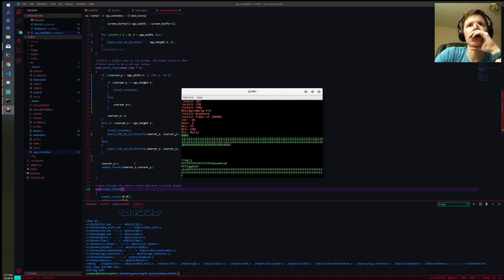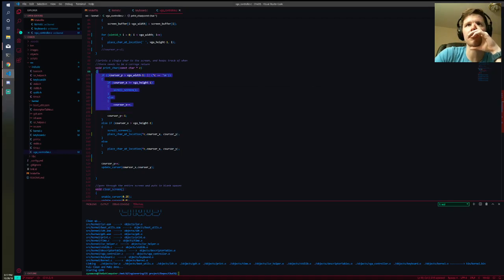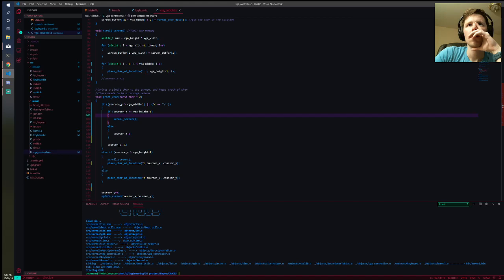Scroll the screen, and it's only when we run off the edge of the screen, which is this portion right here. So if our cursor Y, which is the side to side, is greater than our VGA width,